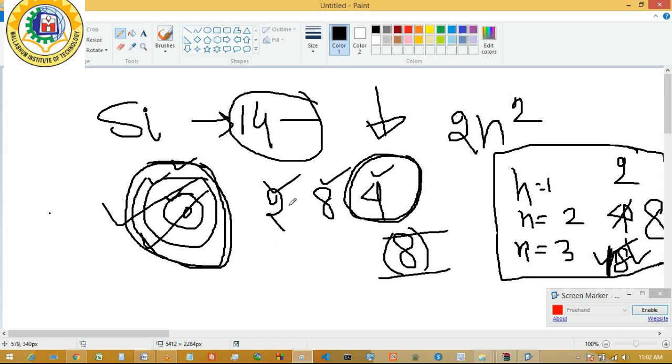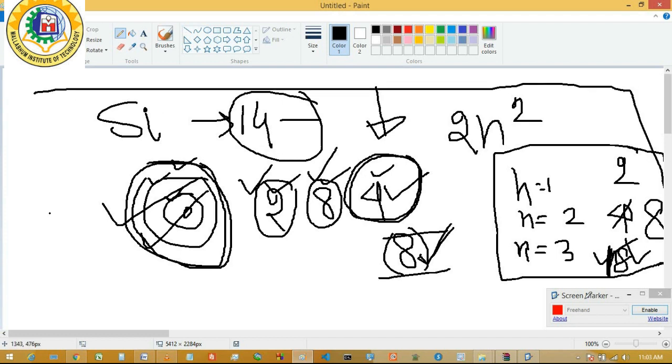So in this case, there are 2 electron energy levels available, and all 2 are occupied. Here 8 energy levels are available, and 8 electrons are occupied. Here only 8 energy levels are available, and only 4 electrons are occupied out of these 8 energy levels. So that is the first thing about that.